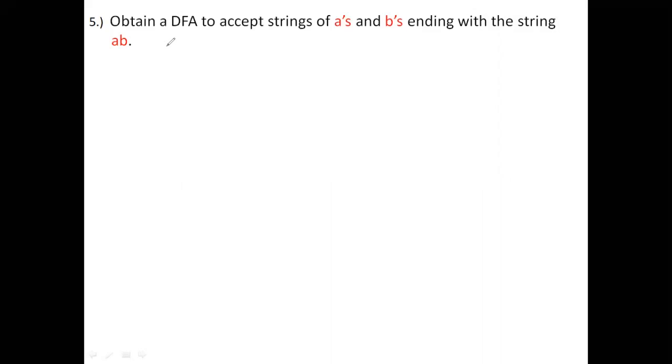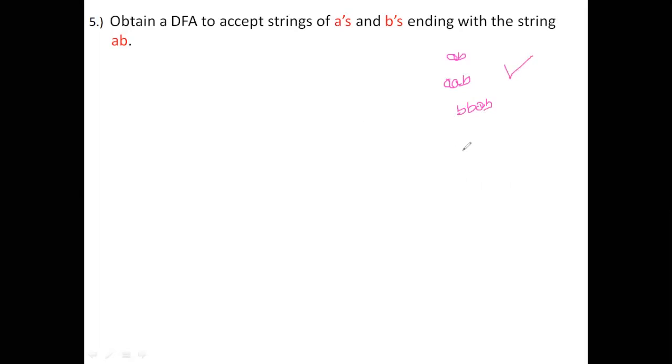In the previous question, the fourth one, we discussed beginning with AB. Now it is ending with AB. Can you give me any example for this? Like AB, yes, it should be accepted by this particular condition. Then AAB, yes, or else BBAB, it will also be accepted. So these are all the possible strings which will be accepted by this particular DFA, and which are rejected